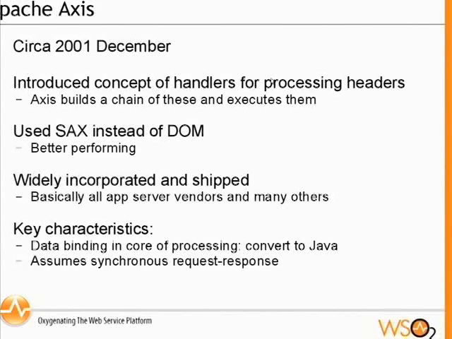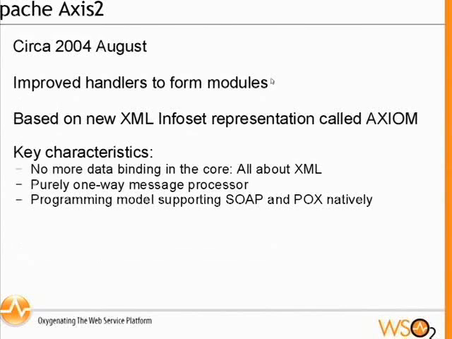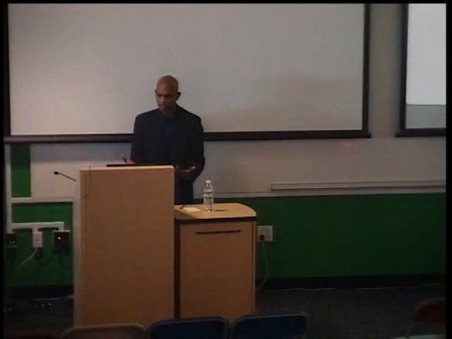It's just one-way messages. So Axis 2 was something we started in 2004 and essentially kind of broke all of those fundamental models and said, the thing that matters is really just the XML. There is no concept of data binding at all in the web service stack. And what you need is a one-way message processor. So it's simply an XML pipeline. You get a message coming in one way or the other, and it lets you put filters to mess around with the headers or whatever you want in the middle,